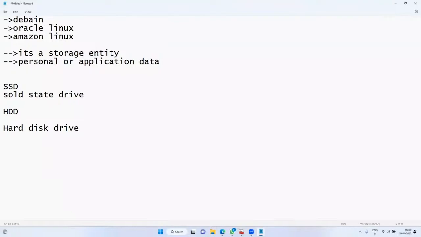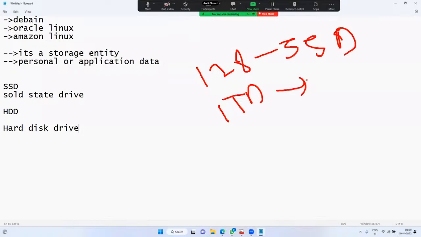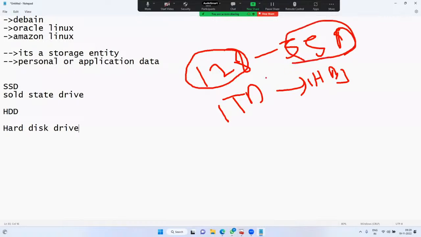Okay, you know, right? Nowadays we are getting laptops with an SSD hard disk. Am I right? If it is an SSD disk, it costs somewhat more. So nowadays they are providing 128 GB SSD, and 1 TB is HDD. Why? Because if you install the OS on SSD, it is very fast, guys.